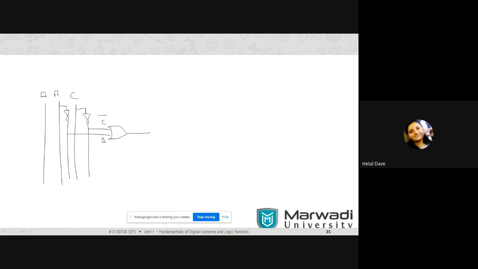In your book, you need to do this work first of all: from the Boolean function, draw the circuit. C bar, then it will be ended with A. So this output will be ended with A. What is the output? A, B or C bar. This is the output.